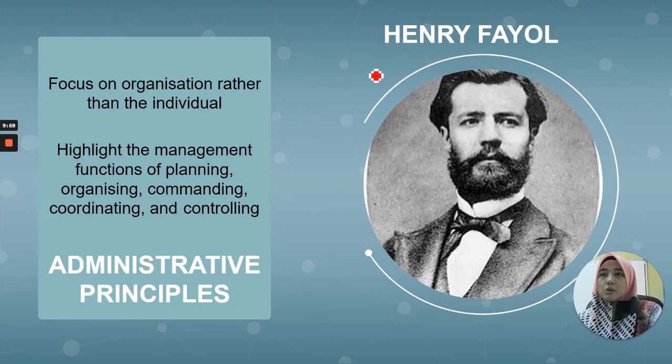Baik, Henry Fayol. Okay, these are the tokoh untuk the last one in our kita punya first classical perspective, which is the administrative principle. So kalau tadi dalam satu organisasi dia ada birokrasi, dia ada hierarchy, dia ada tahu siapa dia punya boss, they obey the boss instead of the organisation itself. So dia dah nampaklah organisasi dia tu lebih tersusun sebab ada birokrasi kan.